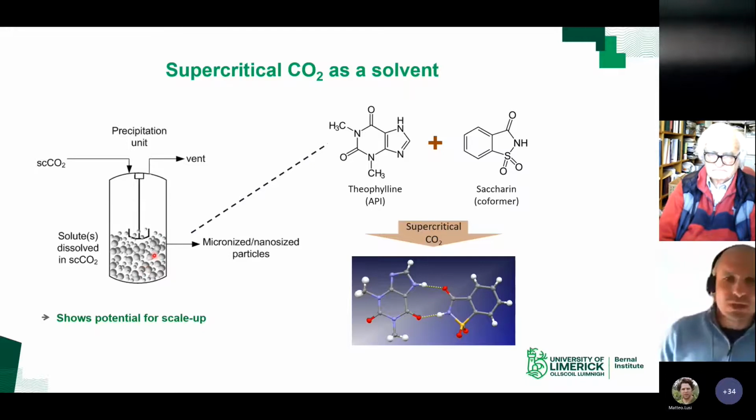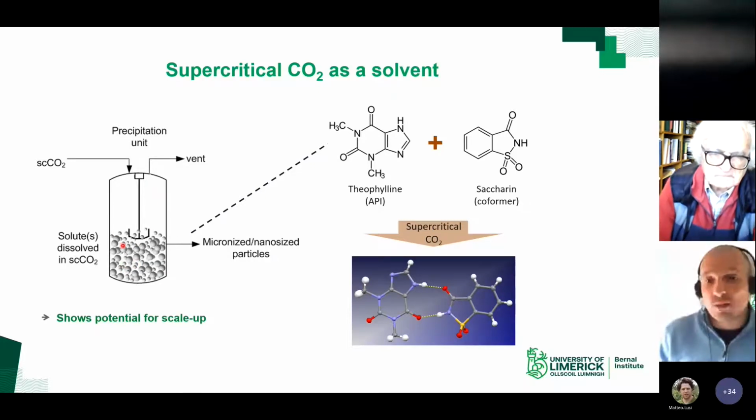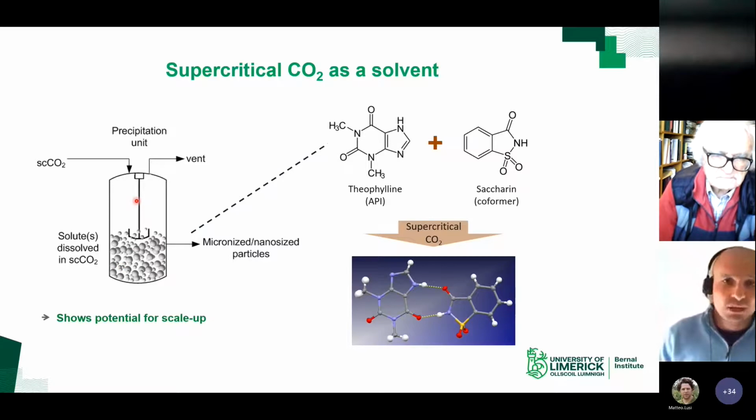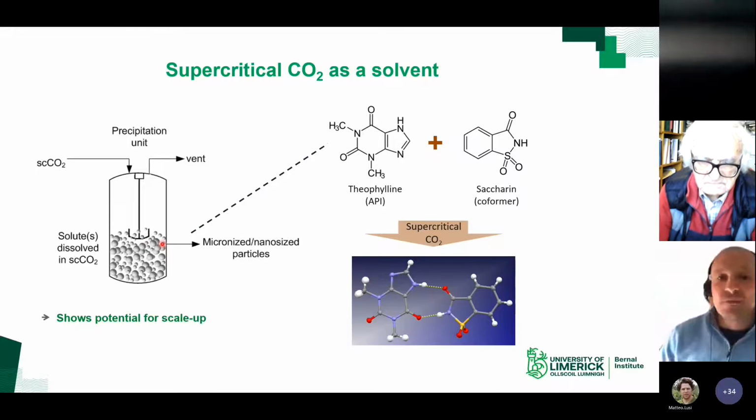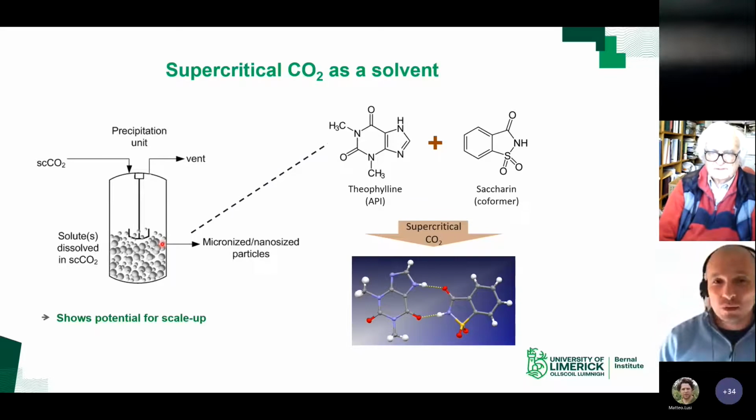And we could do this in two different ways. One is we could use an API which is highly soluble in CO2. That means as soon as you start pressurizing the vessel with CO2, the powder will be dissolving into the CO2. And then you could precipitate the powder in a way that you could control the polymorphic form that you are obtaining. The other way is that the API does not necessarily have to have high solubility in CO2. In fairness, most pharmaceutical drugs do not have good solubility in CO2, and that is the issue. So taking an API which has even a very small solubility in CO2,